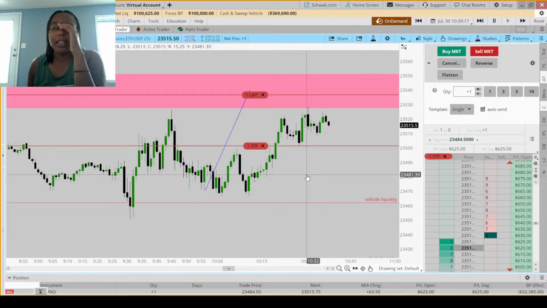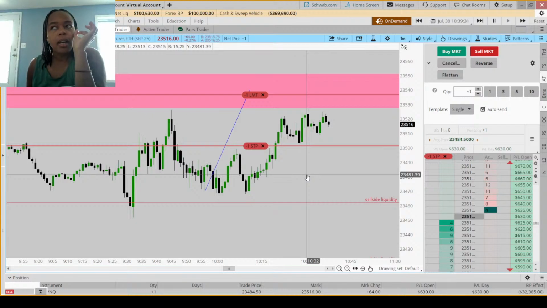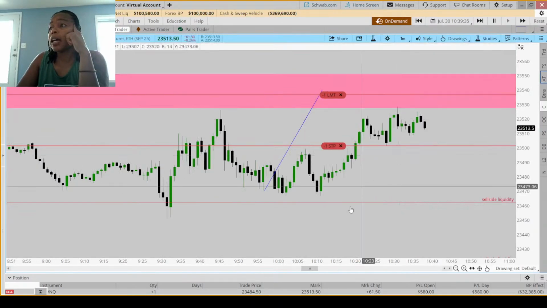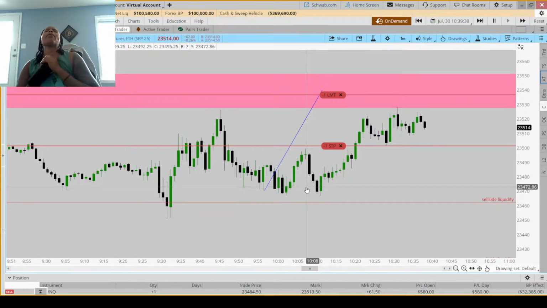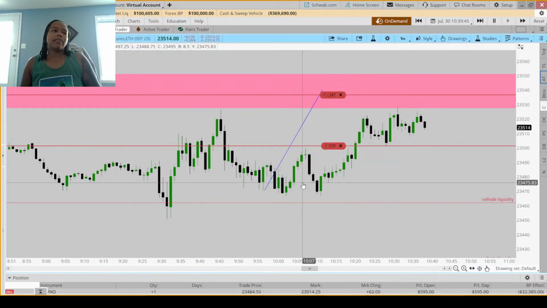So I'm trying to really analyze why I am unprofitable, and it's because I sabotage myself all day, every day. I don't want to see the dollar value, so most days I don't have this on. I have it like that, and I try my best not to look down because I can still see it down here. Sometimes I just look at it to see where the 500 is and then put my stop there.